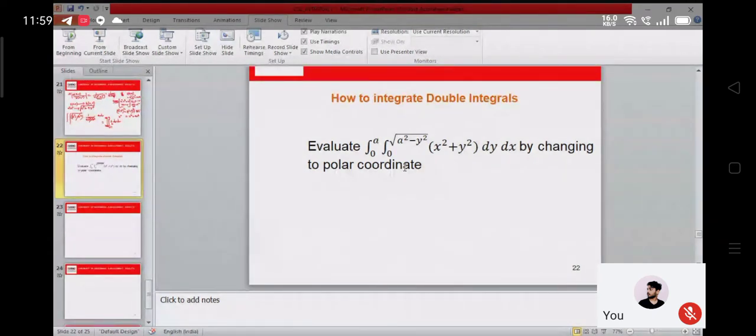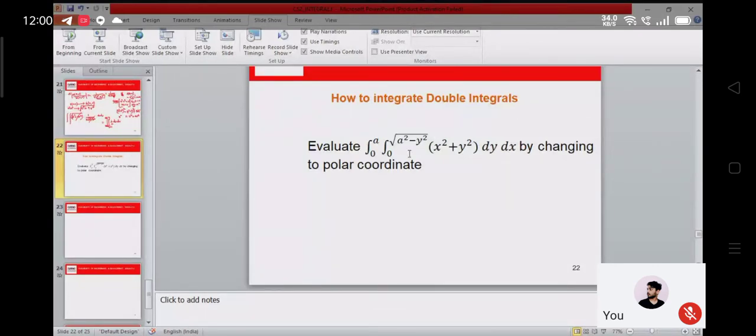Ma'am, through the origin always. Through the origin, okay, what can the region be? Look at the limits given and think about it. I repeated and recapped this today as well: if one variable is involved in the limit, then we start with integrating with respect to the other variable, right?